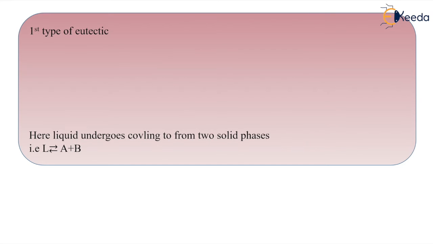So dear students, there are various types of eutectic system. The first is the first type eutectic. First of all, if you want to write the reaction for the eutectic system, there is a certain dip we have seen here. This is a liquid and it is undergoing a change to form, say, two solids. So what is the eutectic reaction actually?